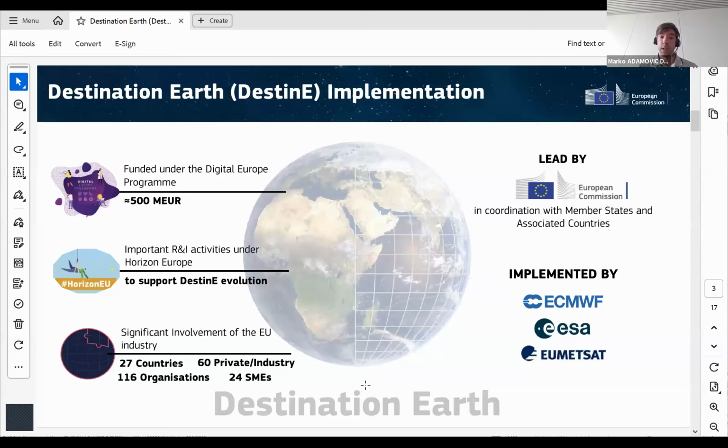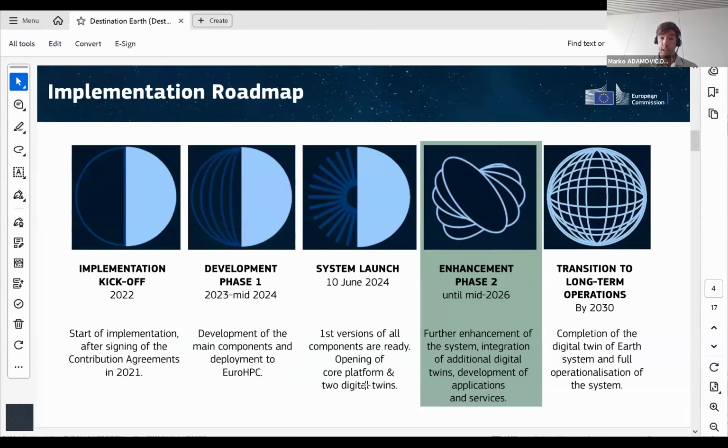We have a significant involvement of the EU industry, so a lot of countries are represented, private industry, organizations, SMEs. As already mentioned, it's led by us. It is implemented by three entrusted entities, ECMWF, ESA, and EUMETSAT. Currently, as I mentioned, we kicked off in 2022. We are now in phase 2 that runs until June next year, where we are really also looking forward to see what is coming out from new projects,